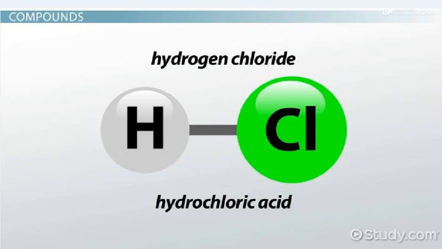So when you write a compound, it must contain a metallic element and a non-metallic element. Metallic elements are known as cations, or basic radicals, and non-metallic elements are known as anions or acid radicals.